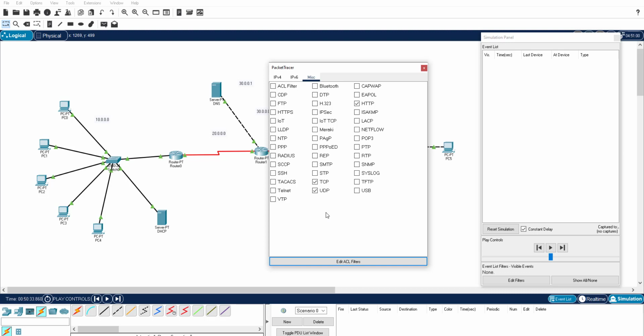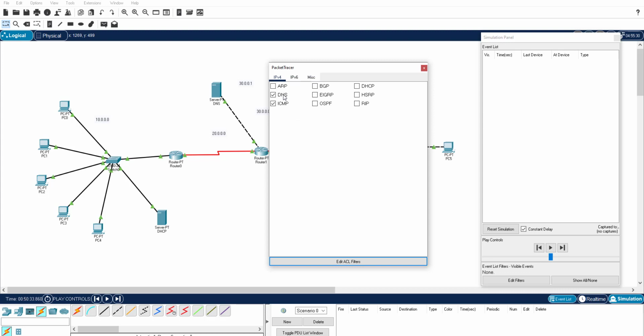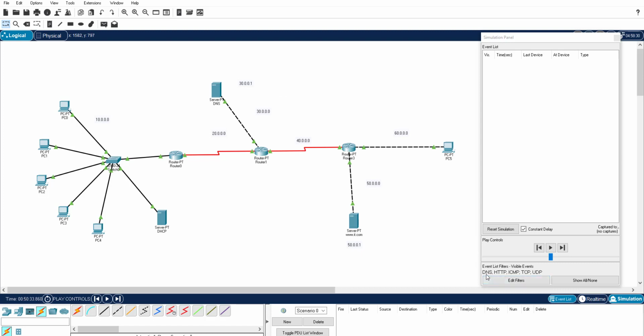This is the basic in layer 4. So 1, 2, 3, 4, 5. Five protocols I selected, and I'm going to close this pop-up window. Now you can see DNS is selected, HTTP is selected, ICMP, TCP and UDP. These are the protocols I selected here.